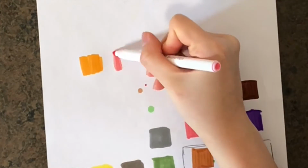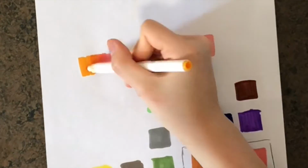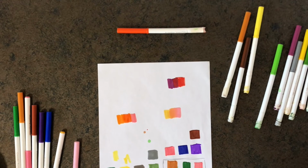So this is me just doing a little bit of blending with similar colors, first the alcohol markers and second the regular Crayolas. There are many videos on YouTube of people making alcohol markers from Crayola markers, but I